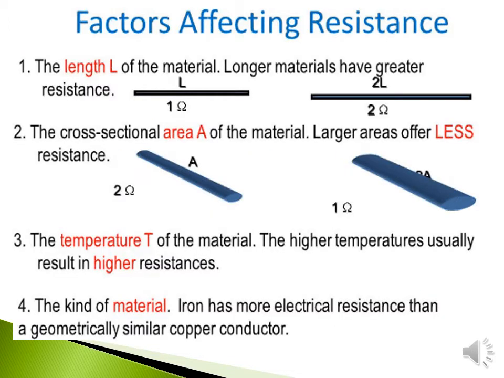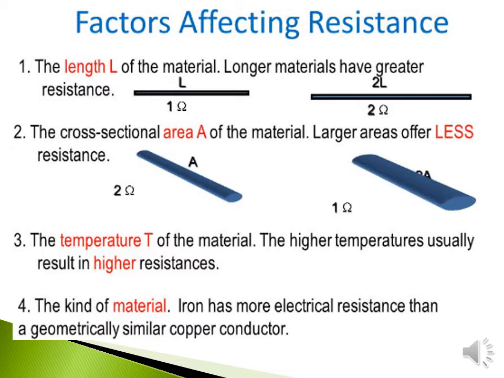So, in the previous lecture we defined the resistance. Once again I repeat the definition: the term electrical resistance may be defined as a property of a substance due to which it opposes the flow of current through it. Then the factors affecting the resistance are listed as length of the material, nature of the material, cross-sectional area of the material and temperature of the material.